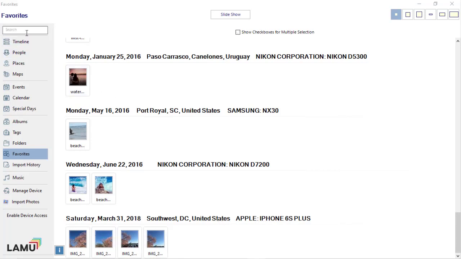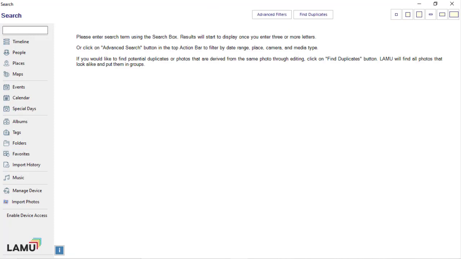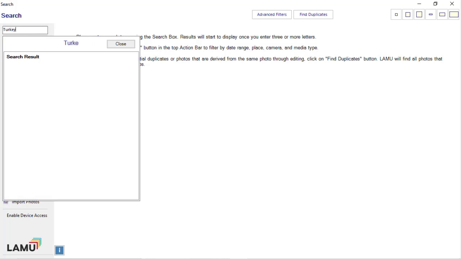(14) Search. When you have a large number of photos in your library, searching can be a very useful tool to quickly find the photos you are looking for. You can search for photos using either keyword search or advanced filters. To search for photos using a keyword, enter your search term in the search input box, located on the top